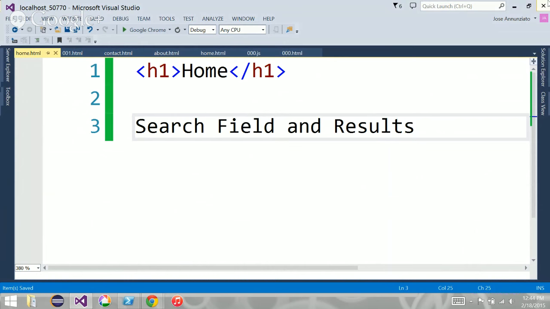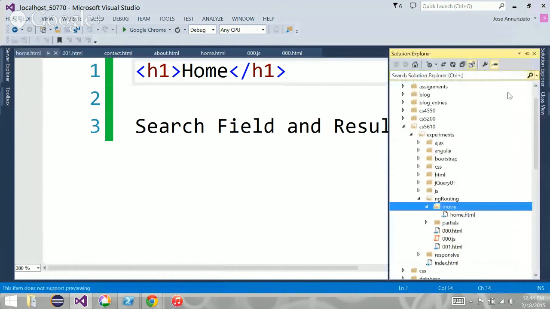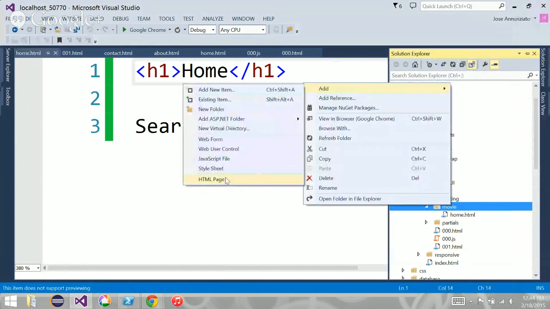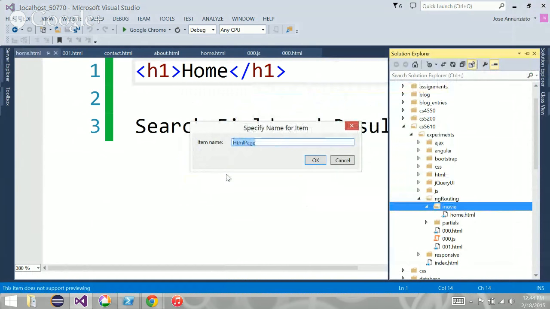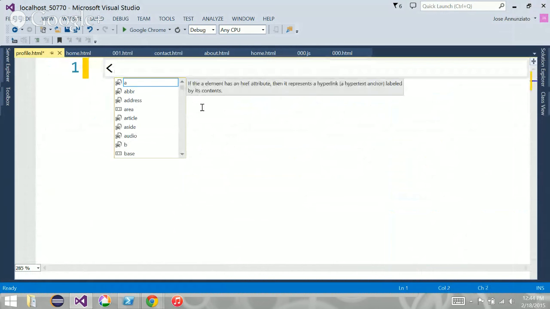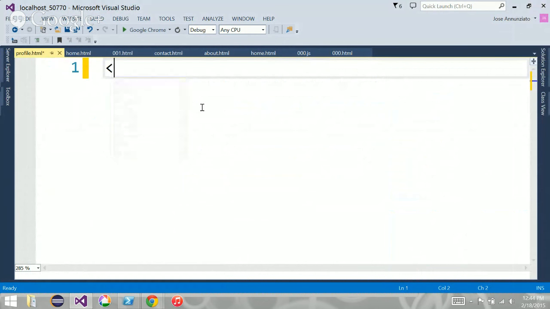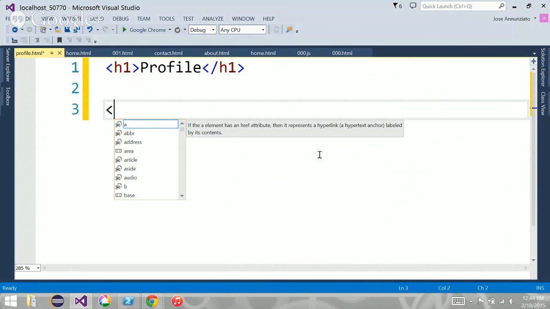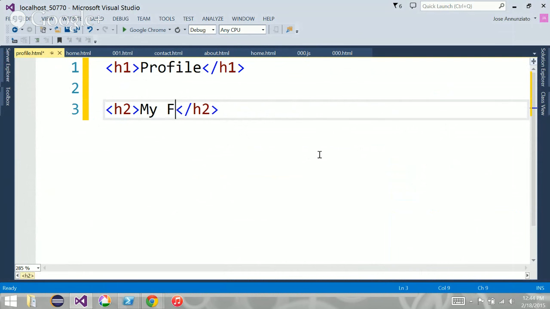And then we have another HTML page where we have the profile, so profile.html, and on the profile page we're going to have maybe our favorites, right? So we have here H1 profile, and we have here H2 my favorite movies.